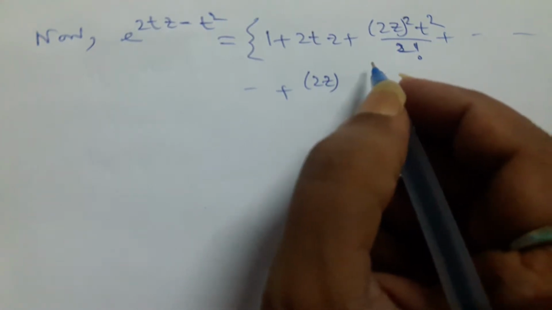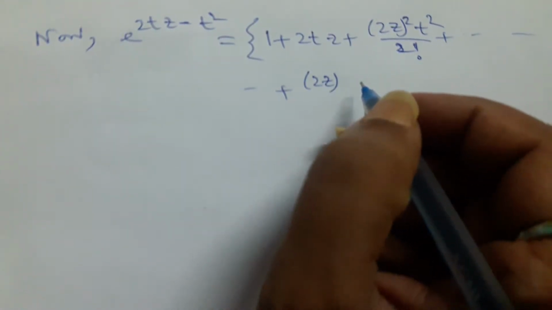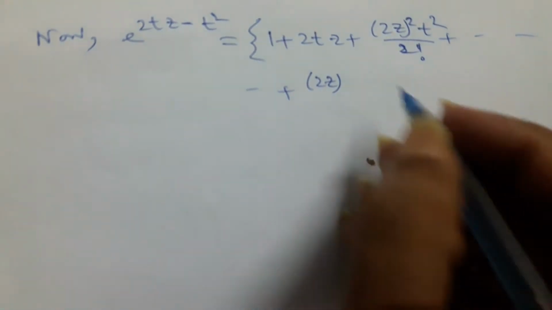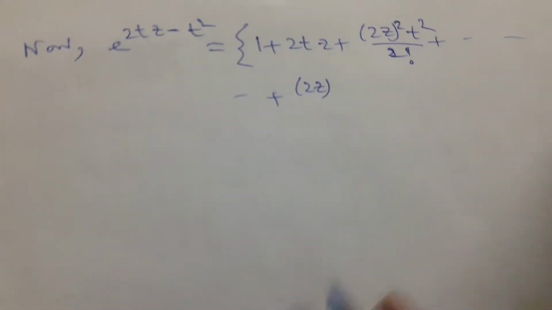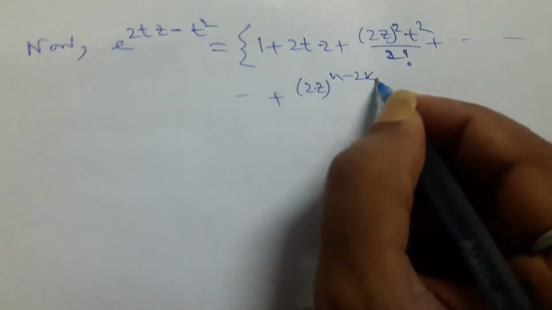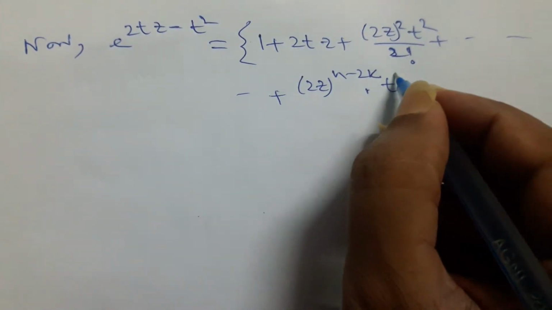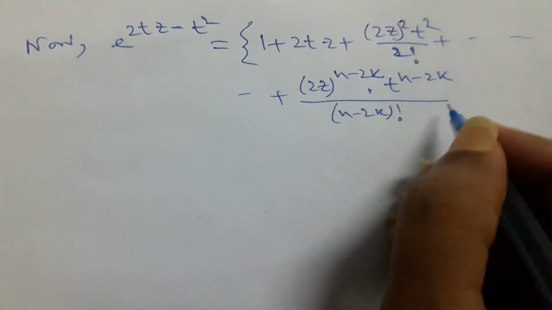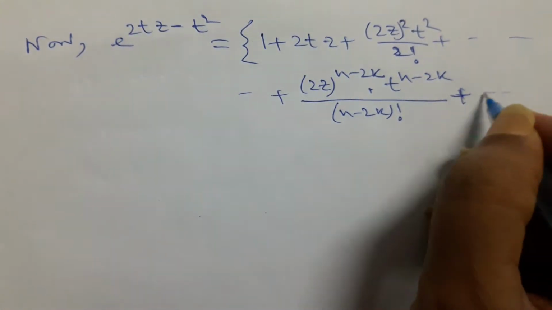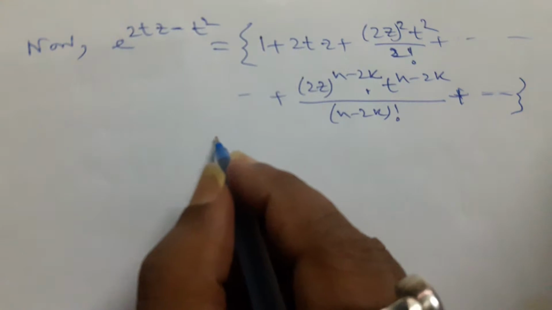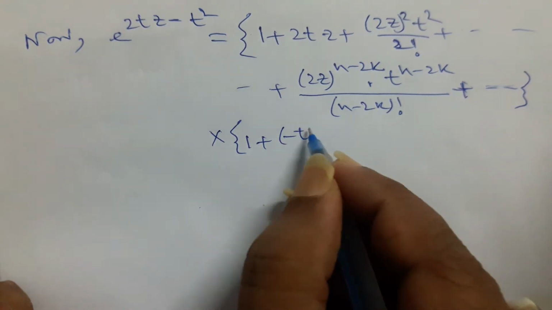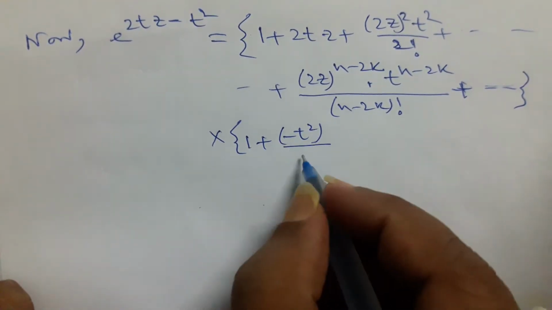2z to the power. Now here we consider the cases of the polynomial, because we are taking the coefficient. From the definition of the polynomial, it is 2z whole to the power n minus 2k. That's why we only take 2z whole to the power n minus 2k into t to the power n minus 2k by n minus 2k factorial plus dot dot dot, and multiply with e to the power minus t square, that is 1 plus minus t square by